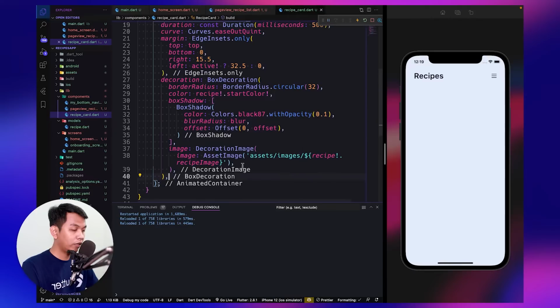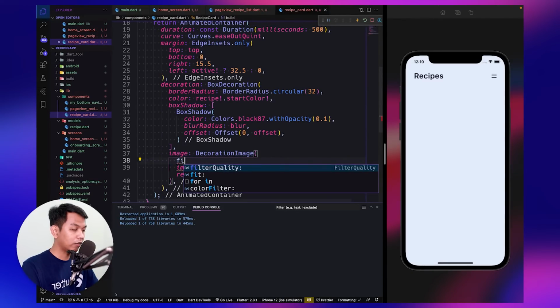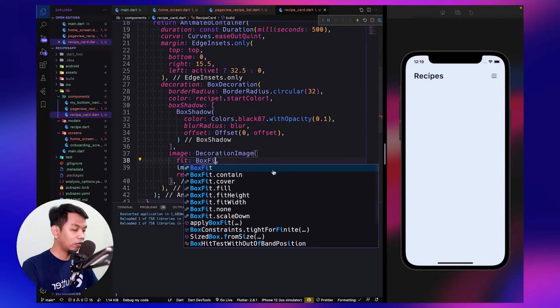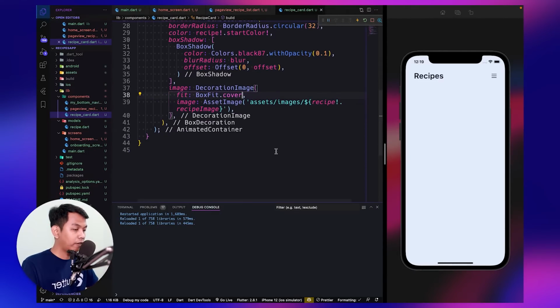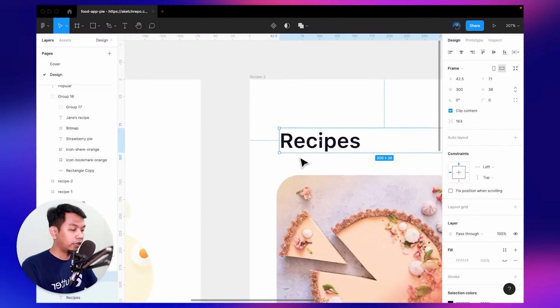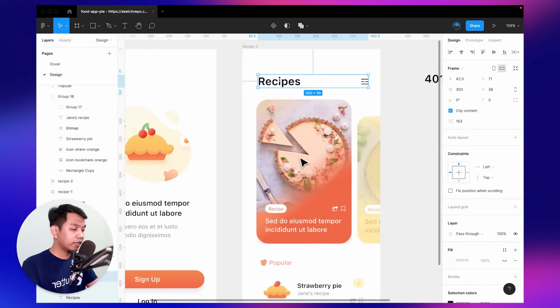Okay, and we need to add a parameter, which is fit: BoxFit.cover, cover not content, cover. Okay, and we have done adding this image as the background.